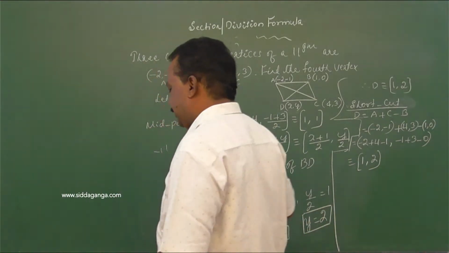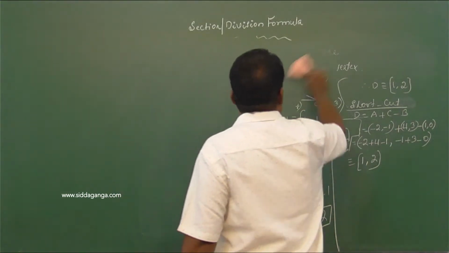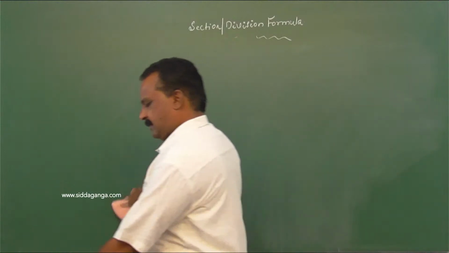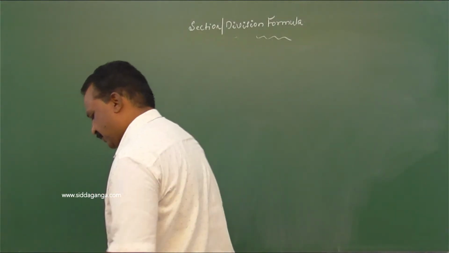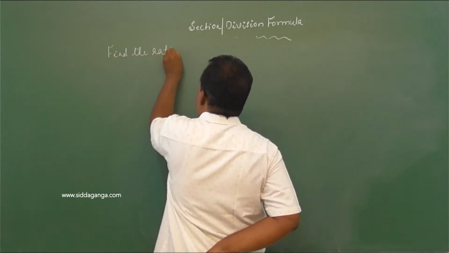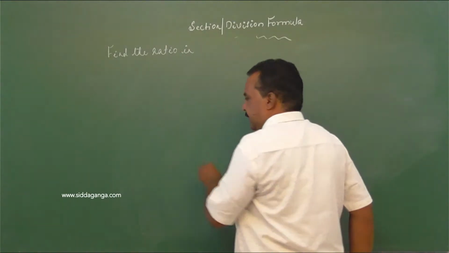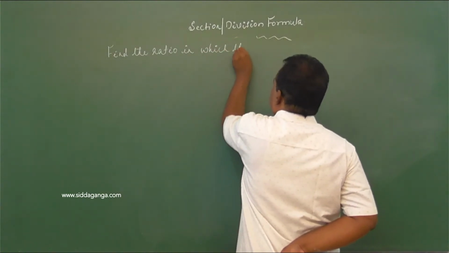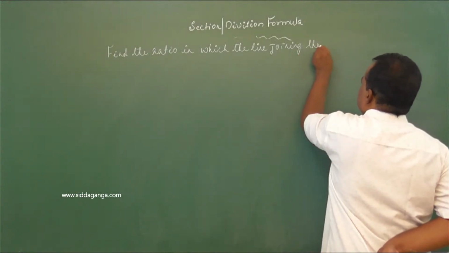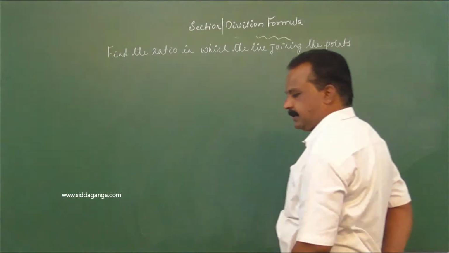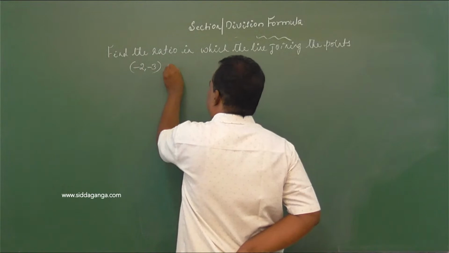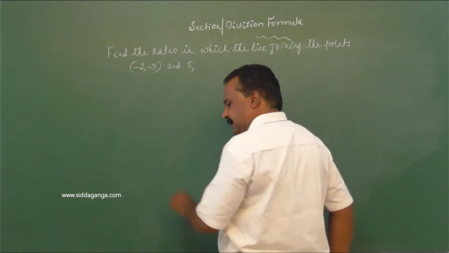Next, let me do a problem based on finding the ratio. Find the ratio in which the line joining the points (-2, -3) and (5, 6) is divided by